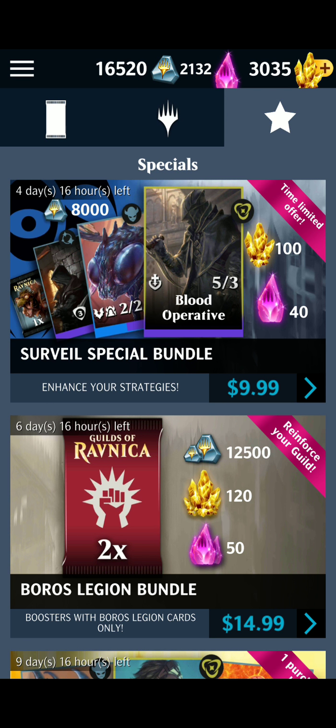Nothing there, but we do have, for $10, the Blood Operative Bundle. I almost always suggest against the $10 bundles because they're for rares most of the time. But something interesting with this one, you do get a pack with this one. If you notice that all the way back there. So that may not be the worst thing in the world because you do get the 100 crystals and the